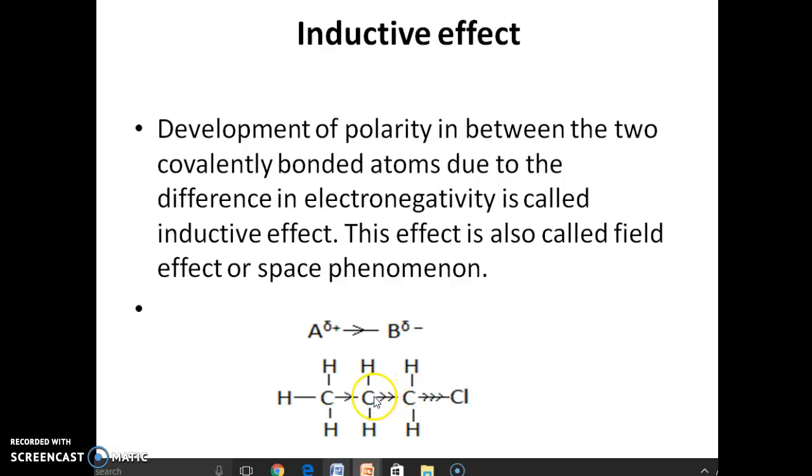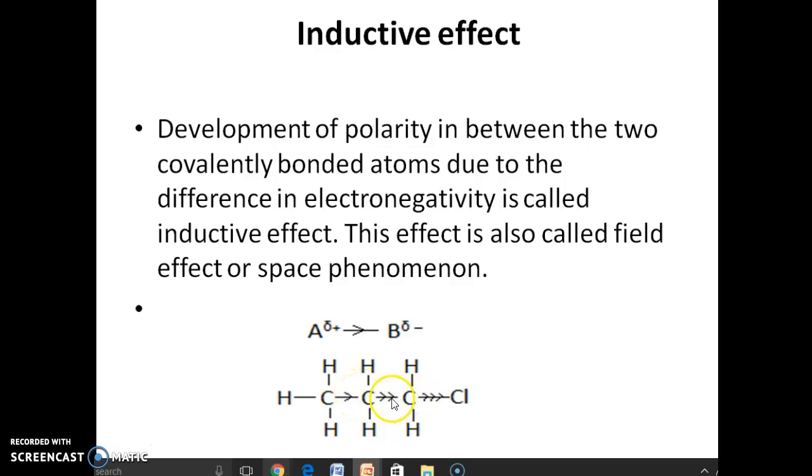So it attracts the electron from the next neighboring carbon atom, and as a result this carbon gets a slight positive charge, and this carbon again draws the electron from the next carbon atom and gets a small positive charge. So like this,